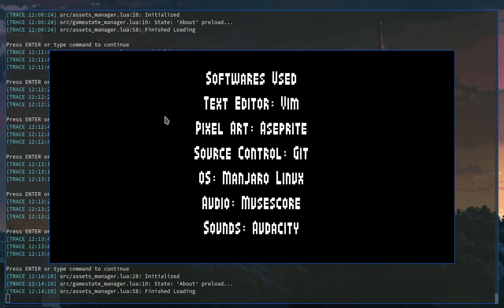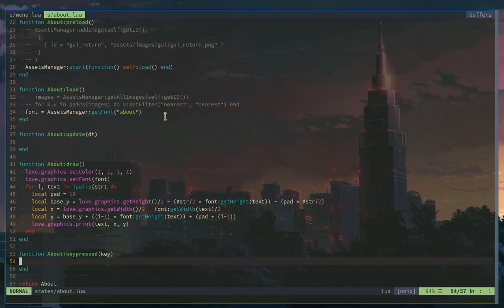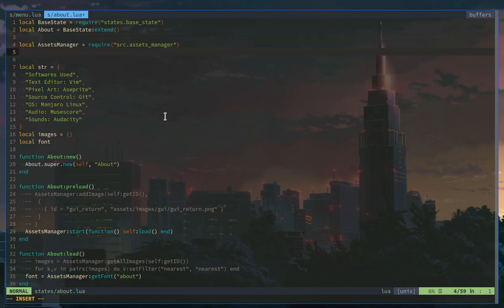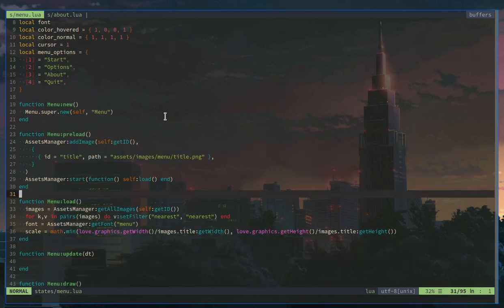return button. For now, let's just say if key is equal to escape, then let's return to GSM, switch to previous, right? So let's require that here. GSM will be game state manager. So let's see,